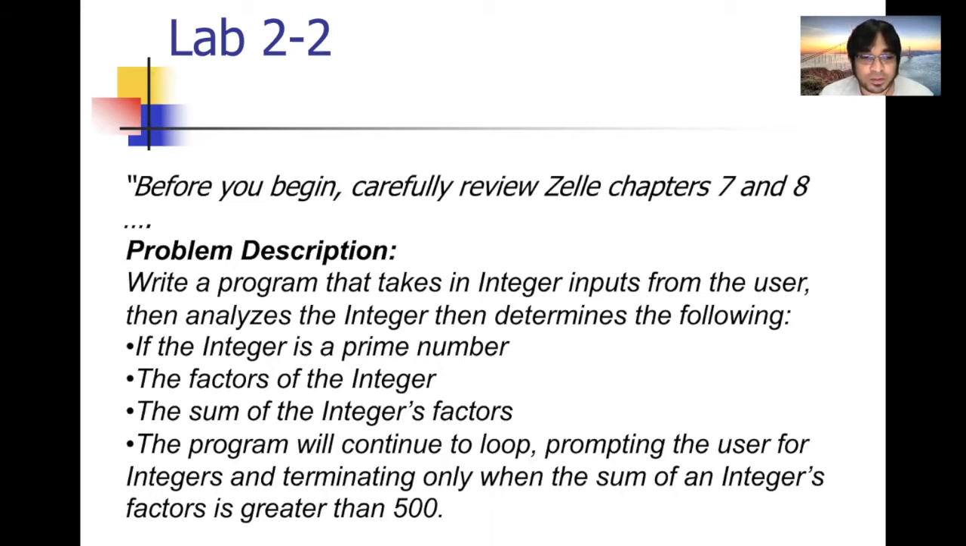But the primary reason I'm going to show this in a different manner is so you can think along the lines of how can we do it more efficiently. Okay, so let's just begin as usual. Before you begin, carefully review chapters 7 and 8. It was mentioned in the handbook, so you should study that as always. And the problem description says, write a program that takes in integer inputs from the user, then analyzes the integer and determines the following. If the integer is a prime number,